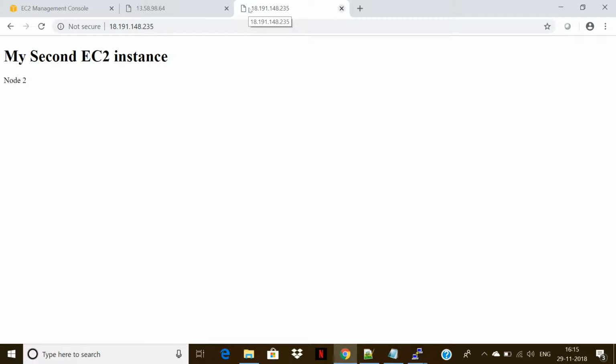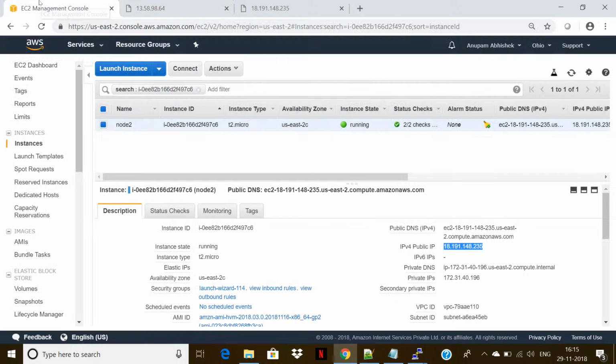As I said, a load balancer is a traffic manager, a DNS resolver, a health check component. So it has to do a health check. Why is it required to do a health check? The reason is, in a real-time scenario, when a transaction happens, for example, we are working on Flipkart